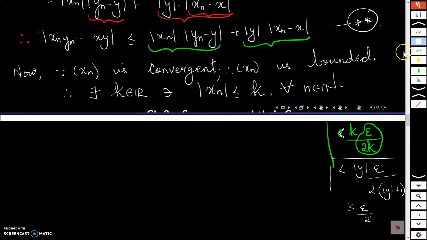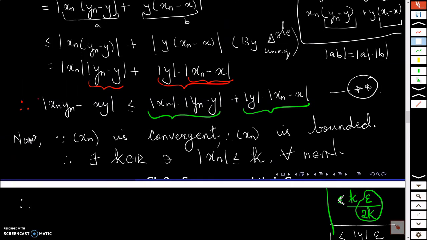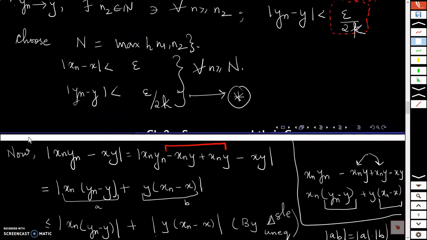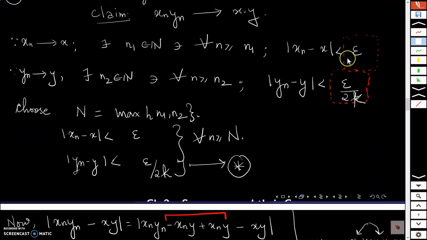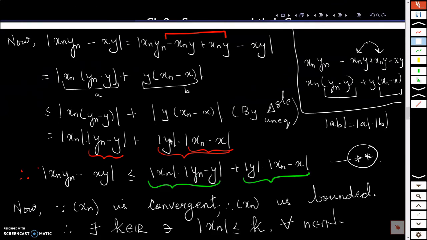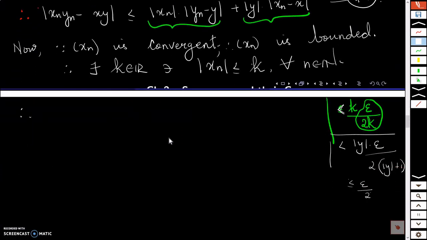Okay, so that's what I'm going to do now. So I have to change that epsilon there. First let me change that. Yes, so this has to be 2 times mod y plus 1. Okay, so to guess this, we have to go to the last stage first and then come back here. Otherwise, you have no idea what kind of number you need there. So this will be 2 times mod y plus 1. Okay, so these are chosen in such a way that at the end I get epsilon, right?